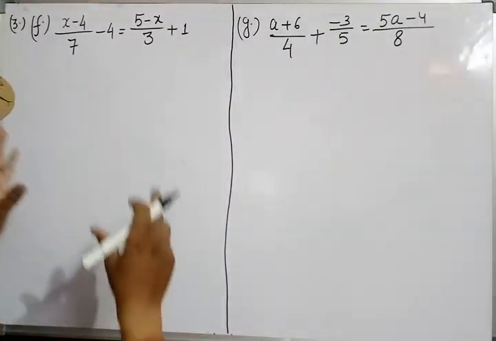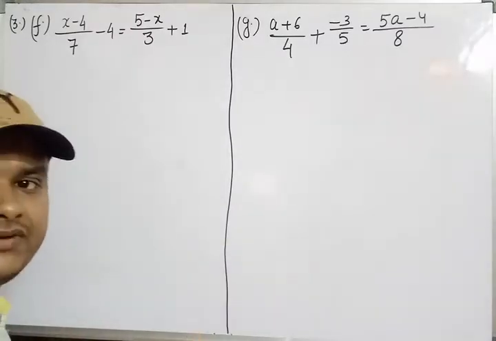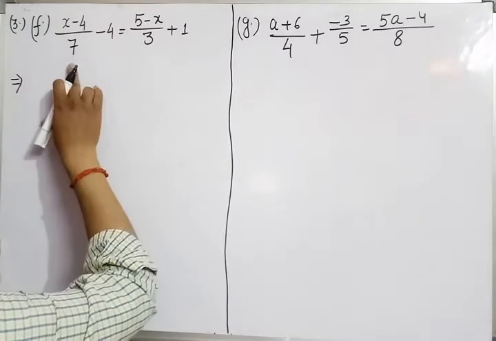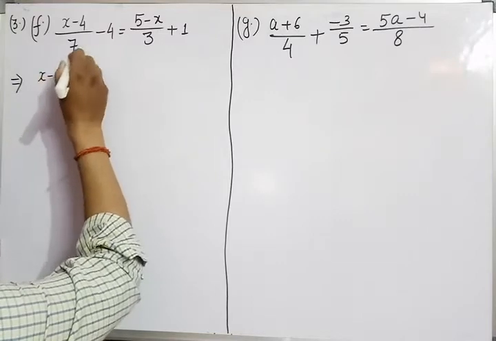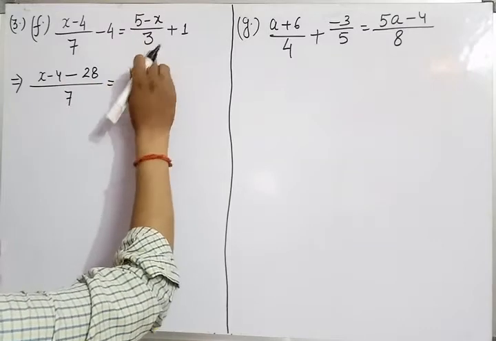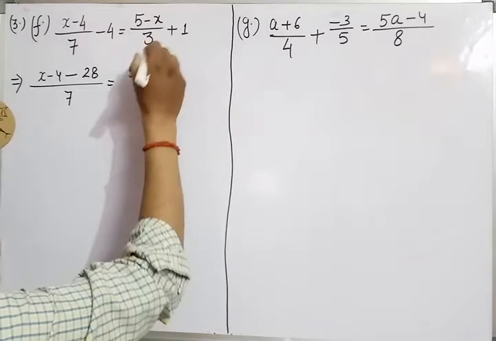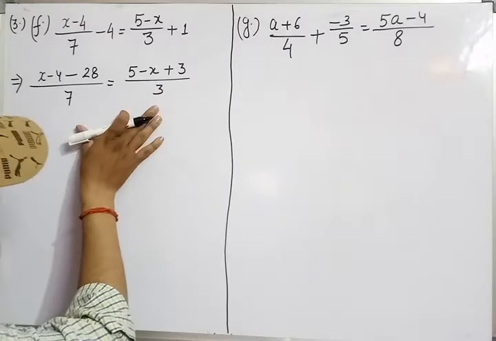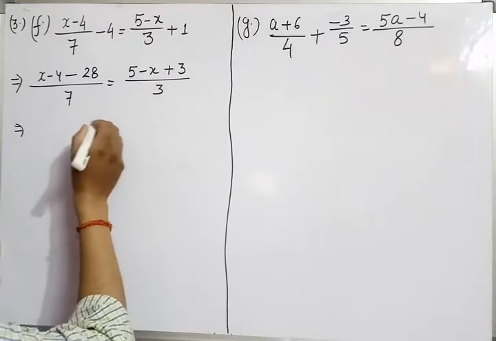First of all you have to solve the LHS and RHS, then apply the transposition method. So here we have to multiply this 7 by 4. So we can write 7 fours are 28 upon 7, and you have to multiply this 3 by 1. So you have to write 3 ones are 3 upon 3. Now student, both the sides are in fraction form, so again we have to apply the cross multiplication method.